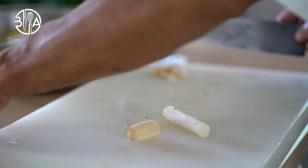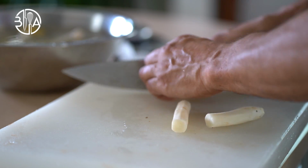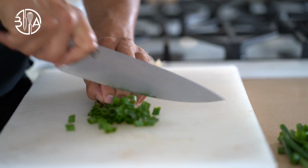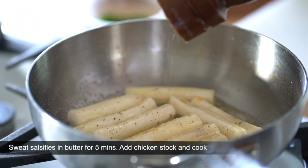Add seasoning, and after 5 minutes or so, you deglaze with stock. Could be chicken stock, veggie stock, beef stock, and you finish cooking according to the vegetable. And that's exactly what we are going to do right now. So I'm gonna throw salsify in butter, I'm gonna sweat them for 5 minutes or so, season with salt and